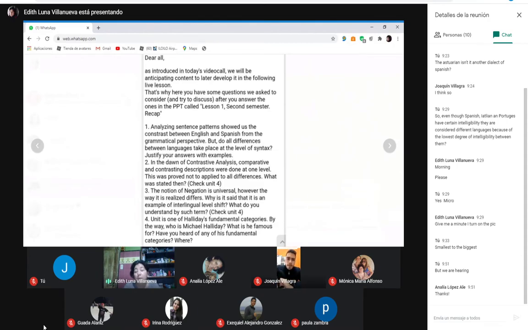The 4 levels were phonology. Remember, in the actually level, our contrast was at the level of syntax. That's it, at the level of syntax. Because there is